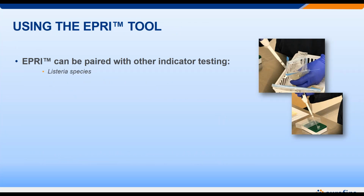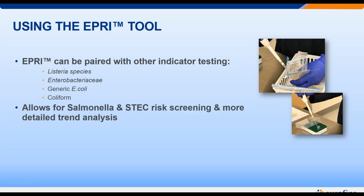Importantly, it can be paired with other indicator testing. So if we think about common environmental monitoring, we do a lot of Listeria species testing as an indicator of Listeria monocytogenes. We have yet to have a screening tool for Salmonella or pathogenic E. coli, and EPRI can certainly be that. It can also be paired with Enterobacteriaceae or generic E. coli or coliform. And effectively what it does is it is tighter in that it is looking at more of a pathogen risk than some of those broader groups. So it can actually help give added depth to understanding those broader indicator groups if you're truly trying to manage the risk of these